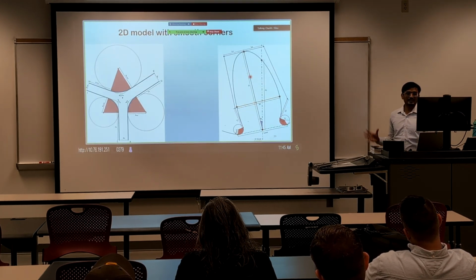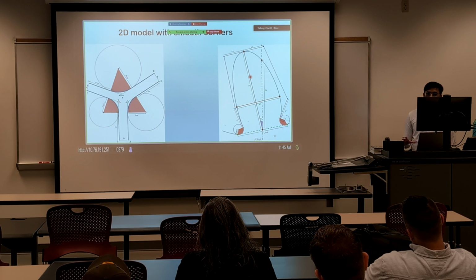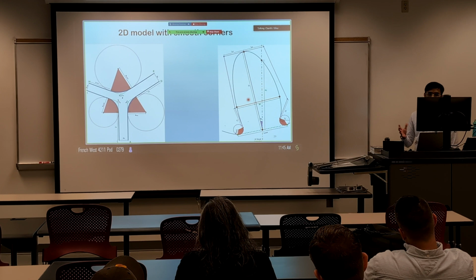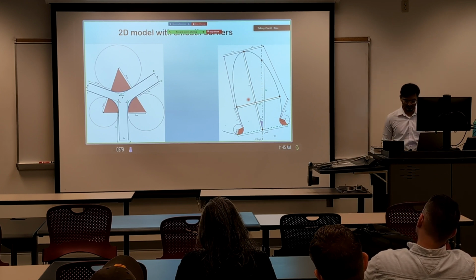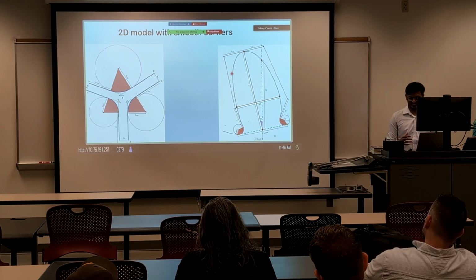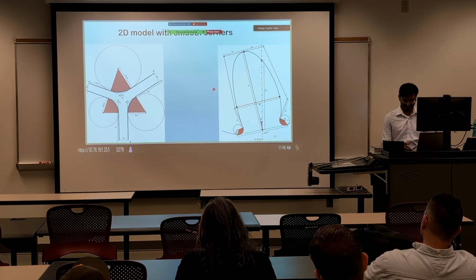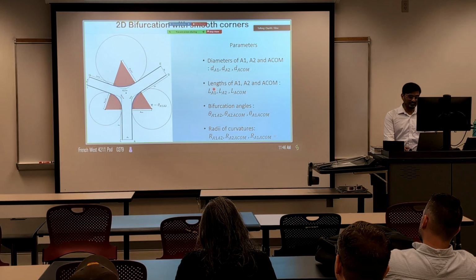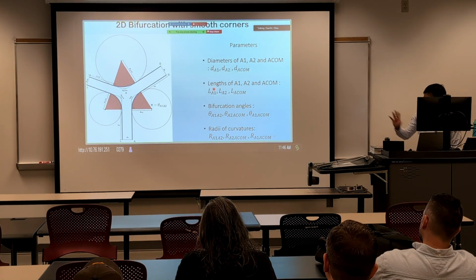That means I'm going to create a smooth domain of the bifurcation as well as the aneurysm, and then I'm going to attach it to the sharp corner. I will explain all these things, what they mean by these values soon. Now, if we focus on creating the bifurcation domain,